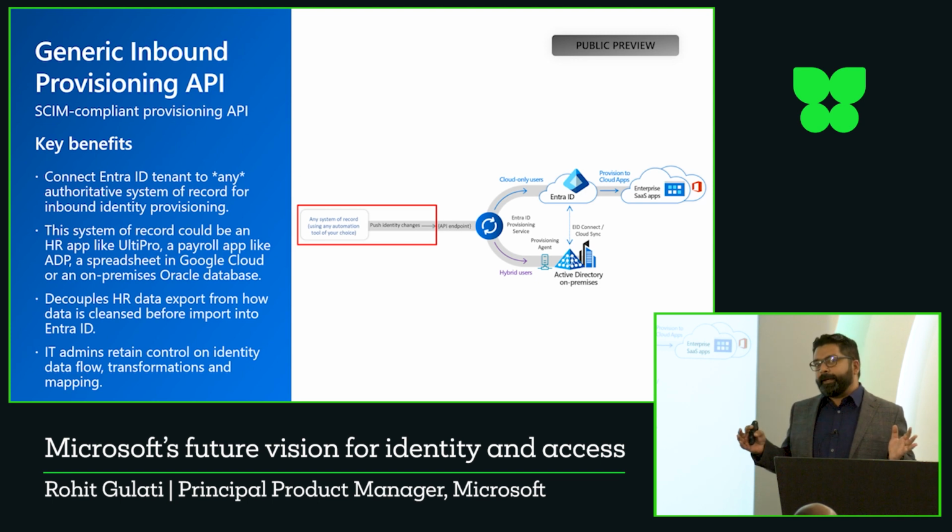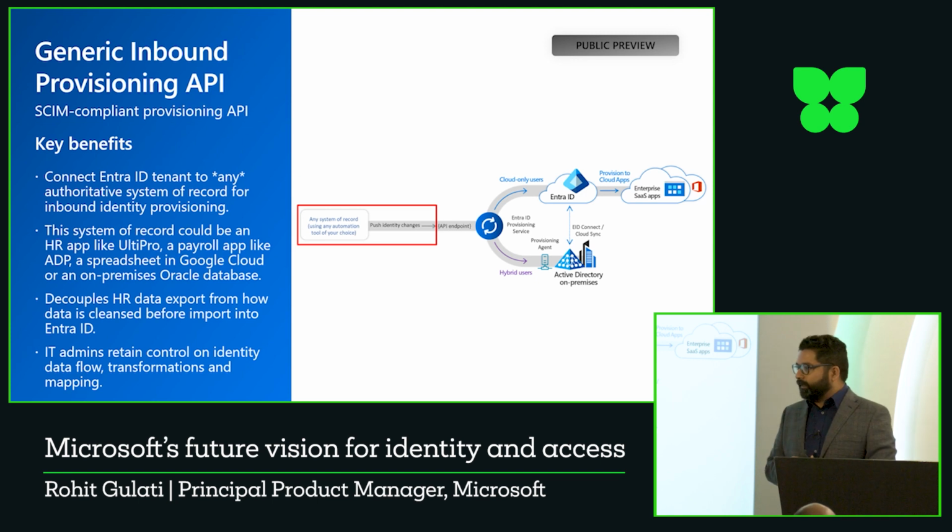Can we make sure that we bring in all such data sources, because you may have multiple sources of authorizations, allow the admin to transform that data, allow the admin to make sure that the directory is properly structured, and then do the attribute mapping